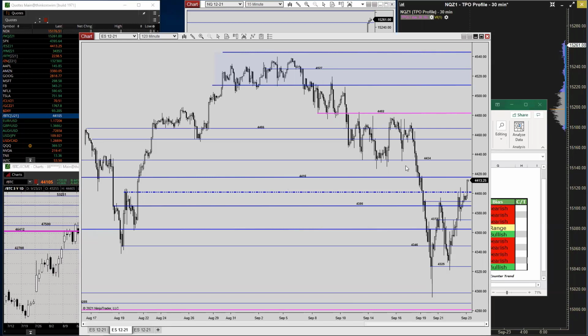But just like the Nasdaq, this is key here. But where can we push to? I think this 44.34. Although I think with the Nasdaq, you can push even higher. I think I want to get rid of this one. What I want to do is